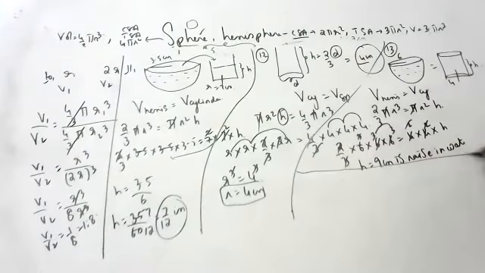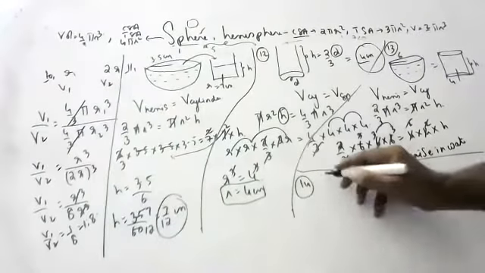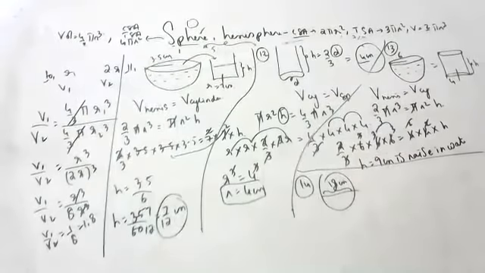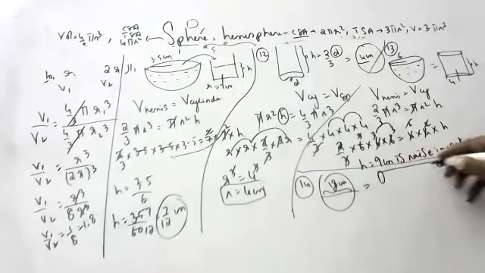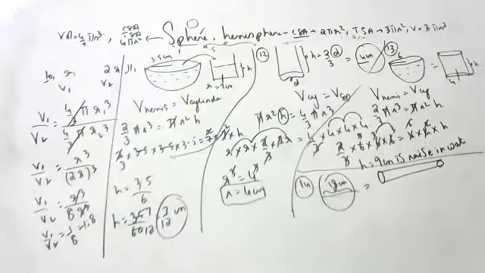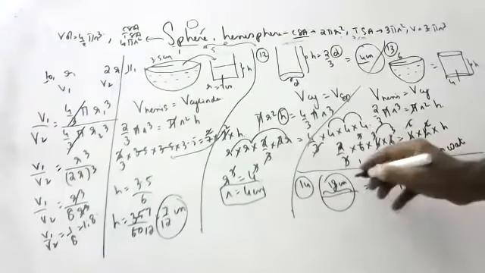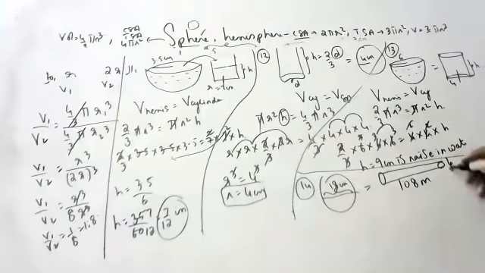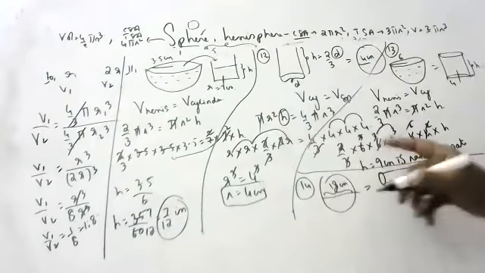Okay, next. Vivek, are you there? Yes, sir. What is the question? The diameter of the sphere is 18 centimeters. The sphere is melted and drawn into a long wire. Wire means what shape? Cylinder, sir. Very good. The length of the wire is 108 meters. The question is, find the diameter of the wire. We should find the radius, then we will find the diameter. So the sphere is melted and made into a cylinder. What will you do?